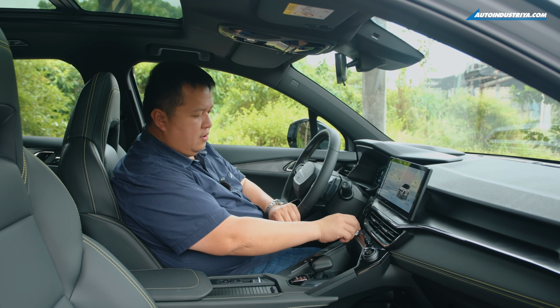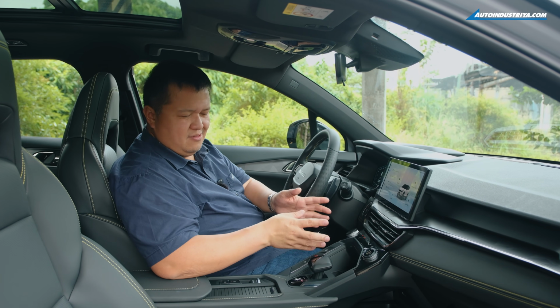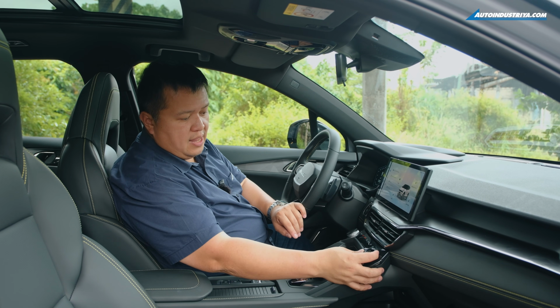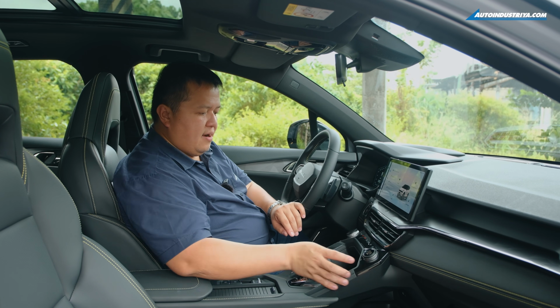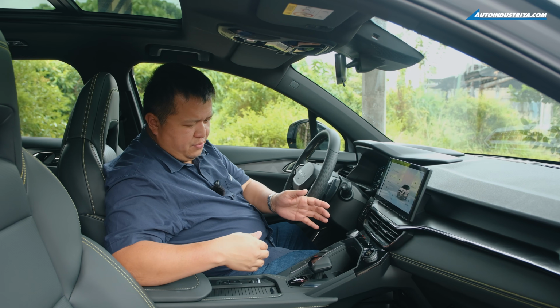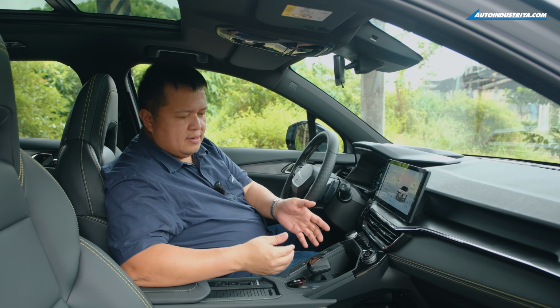You can adjust that, or press it again, go to the left. It's a very different system, but it takes a little bit of getting used to. Fan speed is controlled here, right there, and then all the other buttons here. Now here in the middle, this is actually where it differs from the Coolray quite a bit, because in the